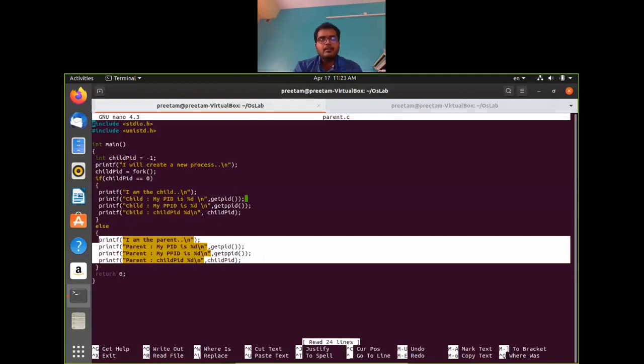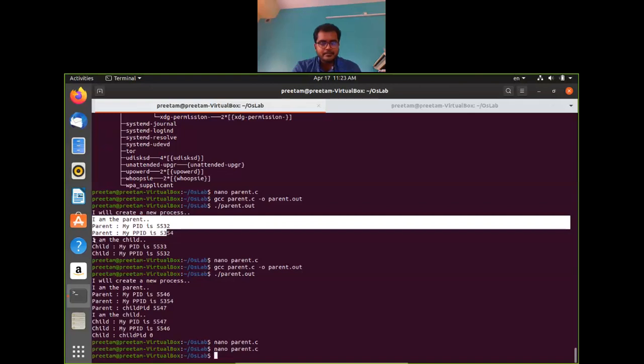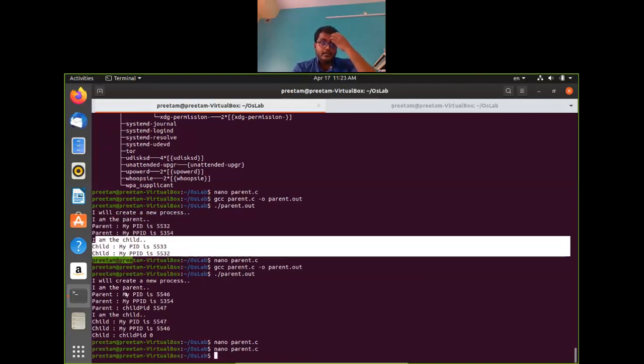If we have a longer run of this program, you can see that these outputs are coming interchangeably. So the thing is, it is not always that parent will run first. Here you can see that the parent is always running first and then the child is getting executed. What happened is, whenever the fork is executed, memory space is allocated for the child. Once that is allocated, the child process is created and then the execution goes on. But the operating system does context switching whenever the processes are long.